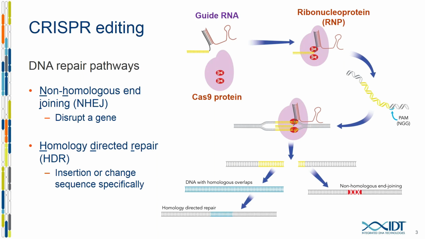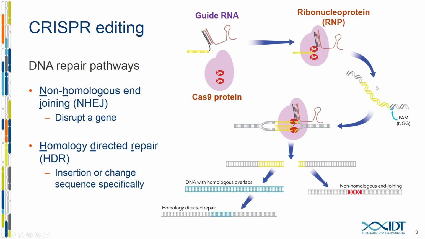Now, the goal here is to induce a double-strand break at a specific site within the DNA of your cells. And the way this is accomplished is by first complexing together a guide RNA that tells the Cas9 protein specifically where to go and where to induce a double-strand break. Once these two are complexed, they form a ribonucleoprotein complex that has a 20 base specific sequence as part of one of the 2 RNAs that are used, and that 20 base sequence provides the specificity to the target DNA such that ideally only in those locations a double-strand break